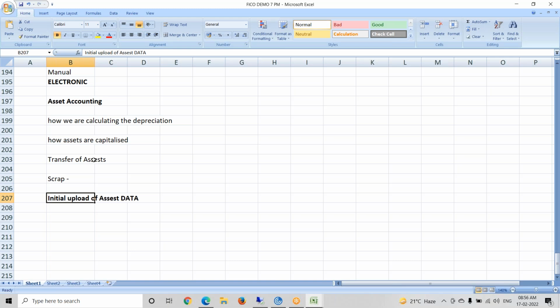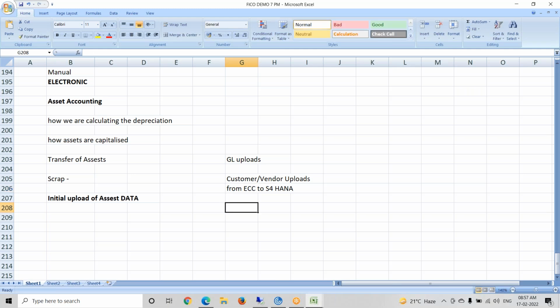And if you are familiar with these concepts of GL uploads, customer vendor uploads, and the same concept in migration projects from ECC to S/4HANA.